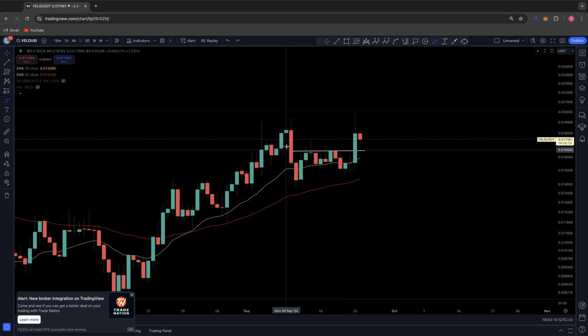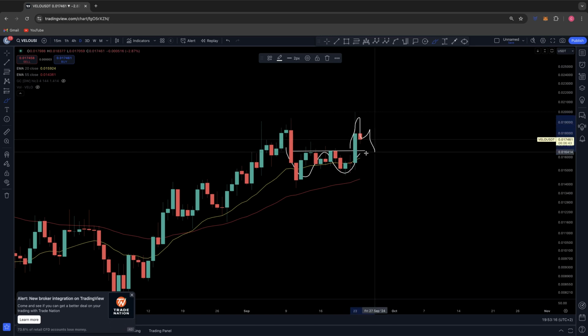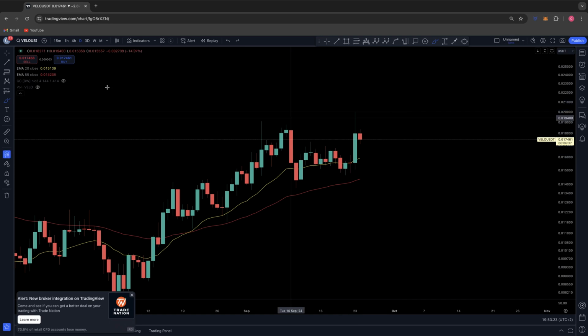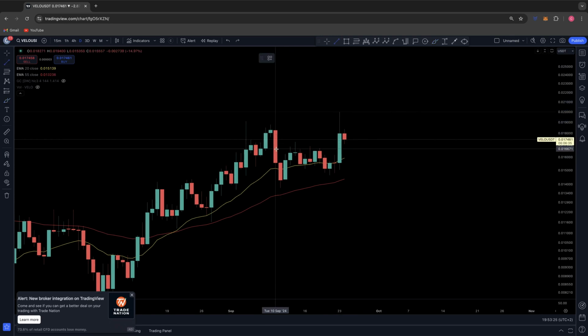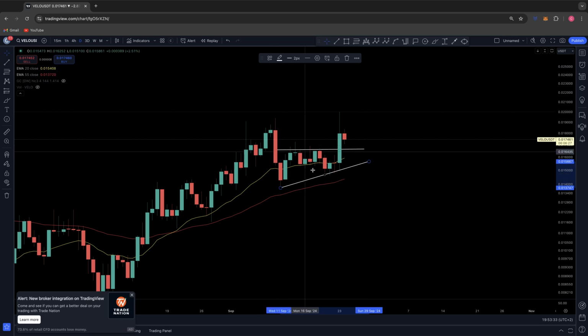So we did create some sort of double bottom in a sense, and we've broken out and met the target, which I'll show you in a sec. I think we're coming back to this neckline before continuing the trend up to higher targets. So we've got something called an ascending triangle, or a double bottom, where you have that level of resistance, this higher level of support, and we coiled up on this 20 EMA